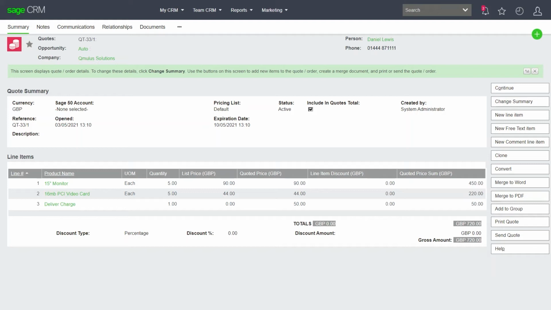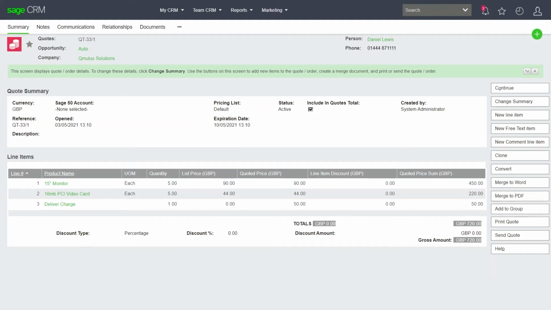a Sage 50 sales account at the moment because I've literally just created them as a new company within the CRM system. So as you'd expect, we can use the information that was entered in at any stage in the pre-sales or sales configuration process into CRM and use that information to immediately create that customer within our Sage account